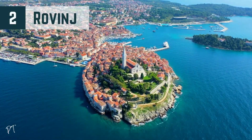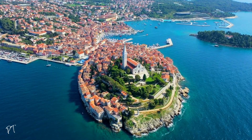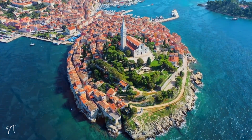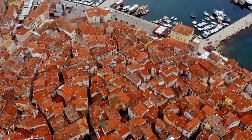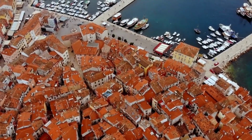Next up at number 2 is Rovinj, and boy, this place is cool. Our first real fishing port, Rovinj is a place to enjoy the sights and sounds of Croatian life. With tightly crowded buildings and cobblestone streets that always end at the water, you can easily lose yourself within the local atmosphere. The streets and alleys are all tangled together and twist their way under arches, up worn-out stairs, past